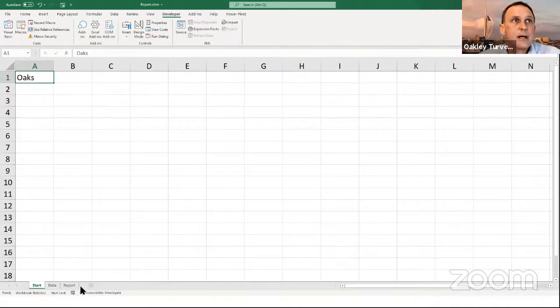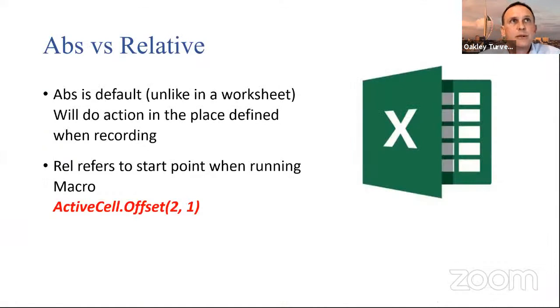The reason is I can now click that button down here to start recording or stop recording. And I know that relative is always turned off. So I always refer to macros as absolute unless I go in and turn them on. Okay, so we've recorded our two macros, both doing effectively the same thing, but one using relative, one using absolute